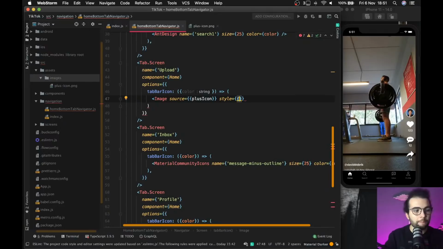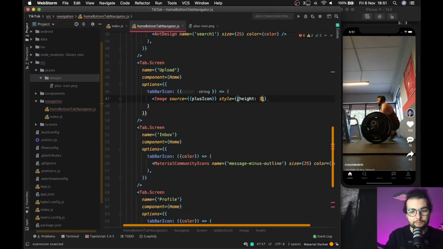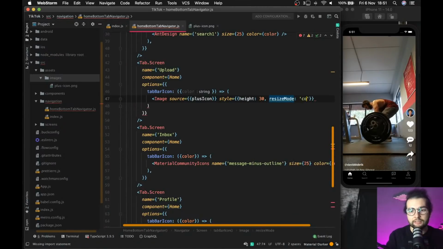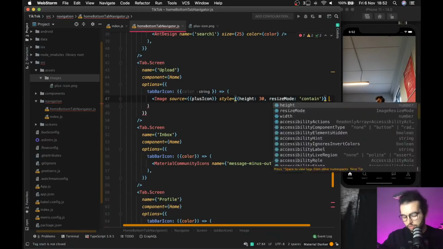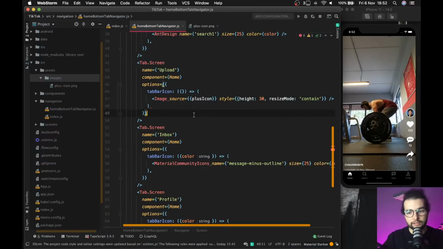And some styles: let's say the height will be 30 pixels, and we want our image to resize and display it fully. We wanted our video to be displayed with a resize mode of cover in order to cover all the space. But for the icon, we want it to display contain, to display the whole icon, so not to crop anything from it. So let's put it like that. We will not need the color. Let's save